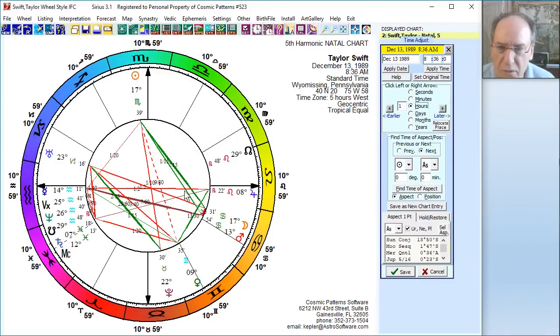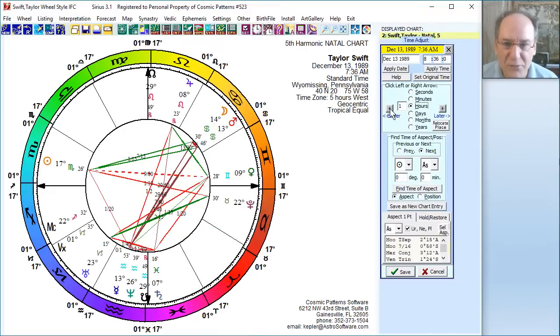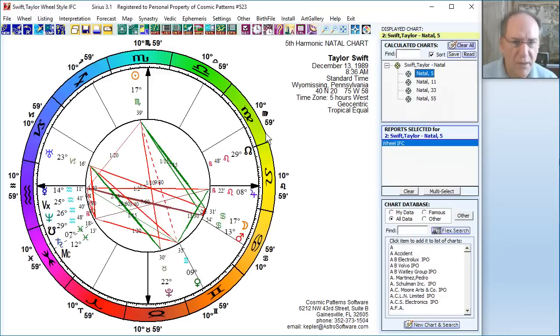Okay, so here's the original time, and of course if I go 1 hour earlier, I'll get a 3-degree orb, the Moon applying 3-degree orb to the Sun, and I do. Moon is applying to the Sun with a 3-degree orb, applying trine. Okay, so this is not extremely convincing, but it's a slight indication that she probably is born around 8:30 because